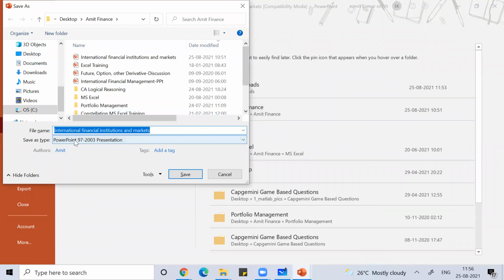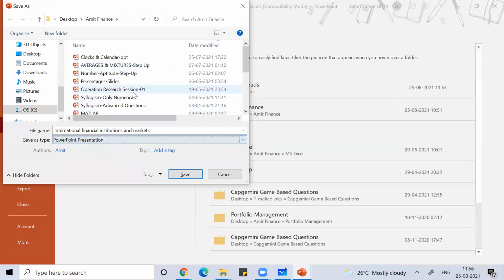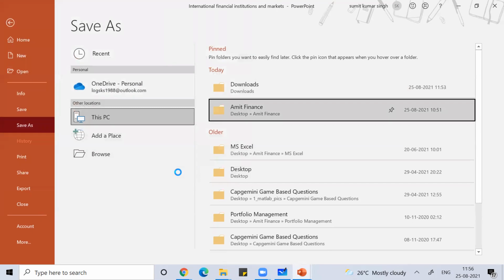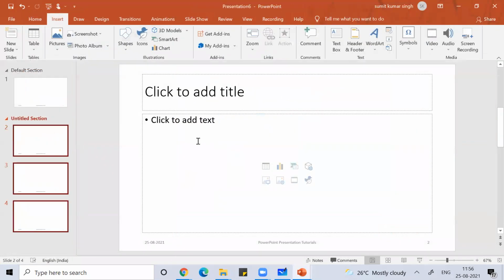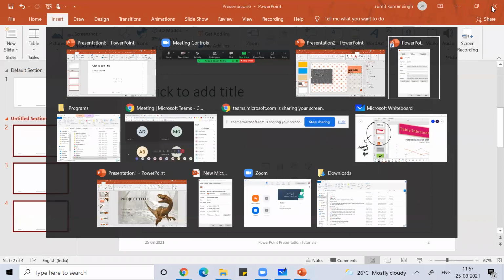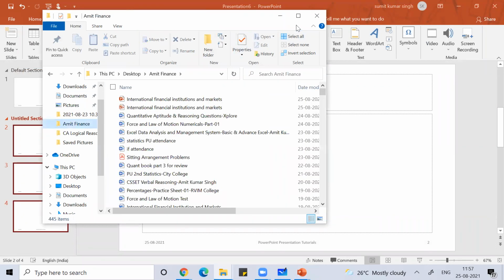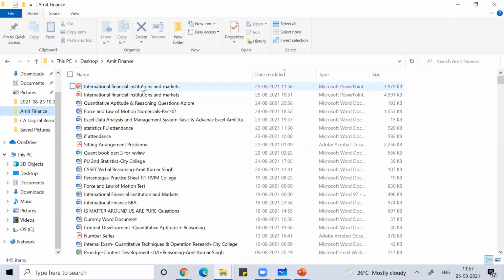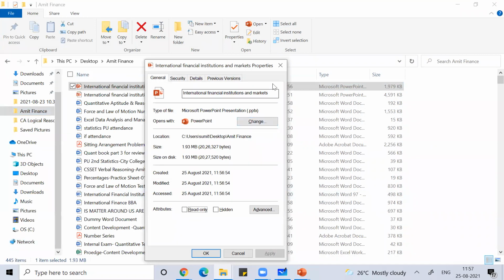You can see it's saved as a 97-2003 presentation because it's an older version. If I right click and check properties, this one is dot pptx.